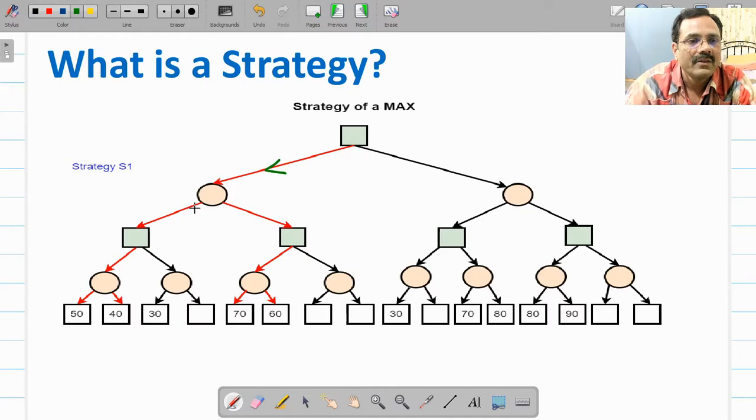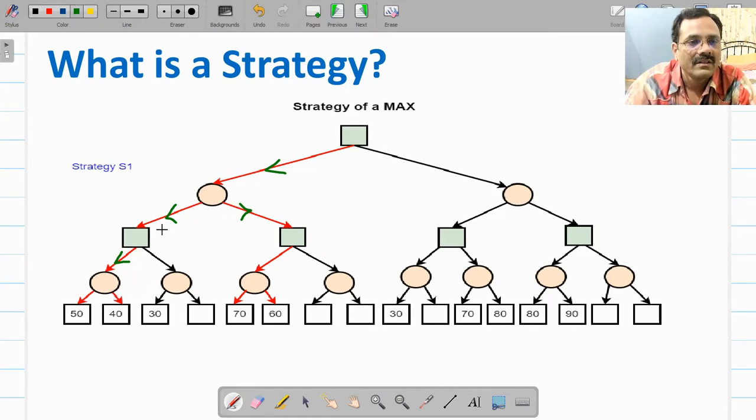And then you keep all the options of this min. So whatever move min makes, max will have an answer. Suppose min makes this move, then max will make this move, and then again it is min's turn. Keep all the moves of the min.